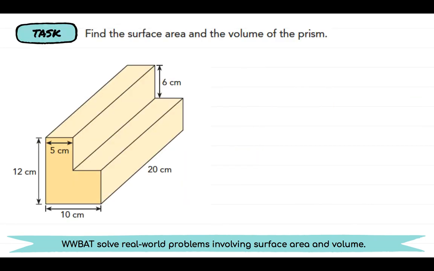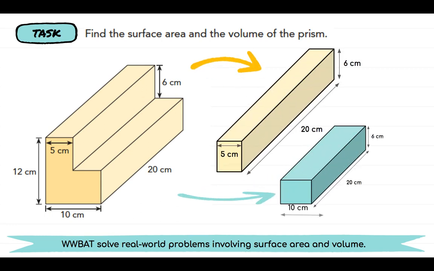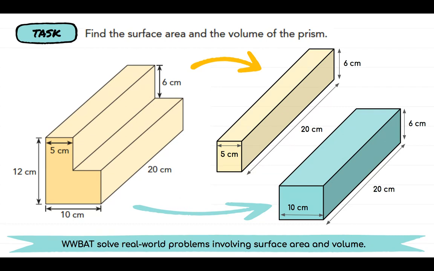Now it is your turn. You are going to find the surface area and the volume of this prism. Let's start with the volume first, because I think that would be easier for you. You can break this prism down into two pieces. The first piece is the top piece, and